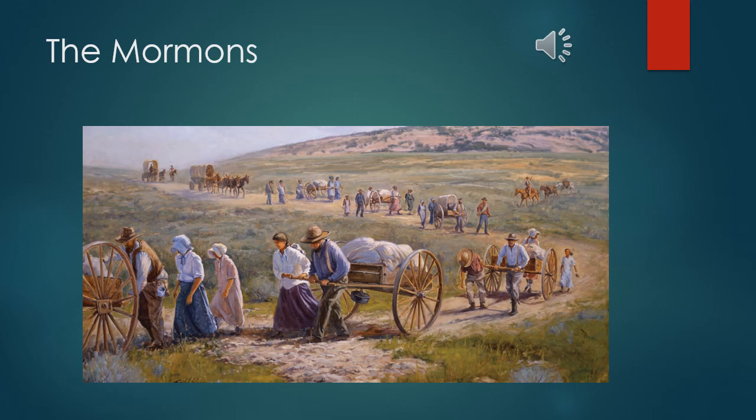Okay, so let's talk a little bit about the Mormons, or the Latter-day Saints. This is from history.com, This Day in History, February 10. So the Mormons begin an exodus to Utah. Their leader has been assassinated, and their homes are under attack. The members of the Church of Jesus Christ of the Latter-day Saints, also known as the Mormons of Nauvoo, Illinois,